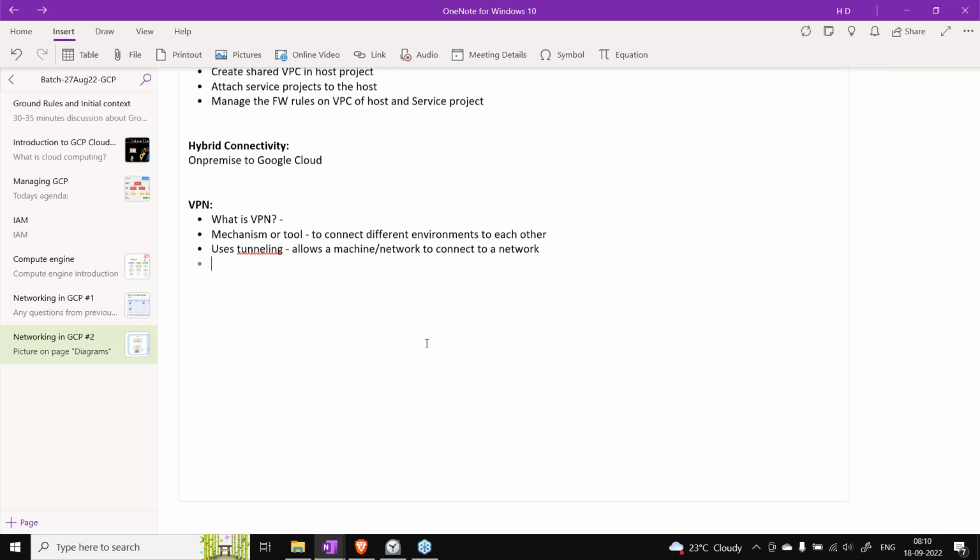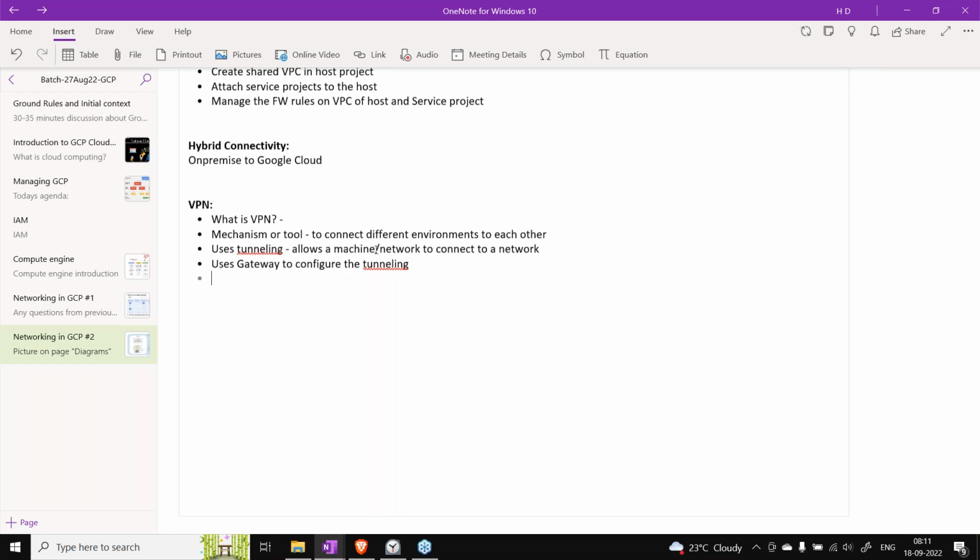How does that happen? It uses gateways to configure the tunneling.